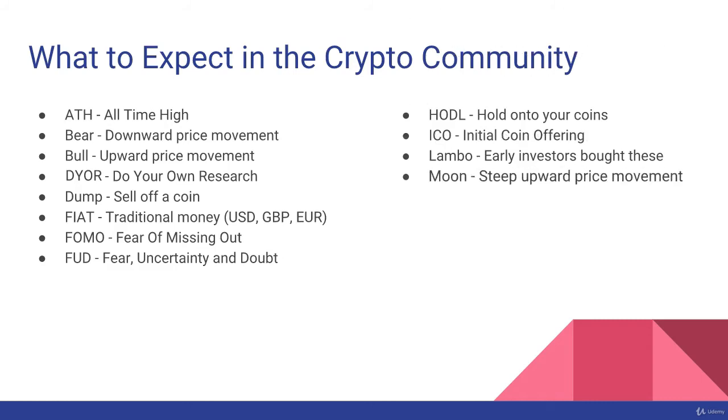So that brings us on to the moon term as well, which basically means a steep upward price movement. And to go along with the dump term we talked about earlier, where people sell off a coin, the pump is where people build up a coin's price. So you've got people who have a lot of influence in the market, who will pump a coin. They'll say it's fantastic, buy it, it's got a massive future, and they'll build up the price of a coin, and then they'll sell it and they'll dump it. So the pump and dump technique is what people who have a lot of market influence will get involved in. They'll pump a coin up, pump the price up, buy it before they do that, obviously, and then sell it. So that's the dump.